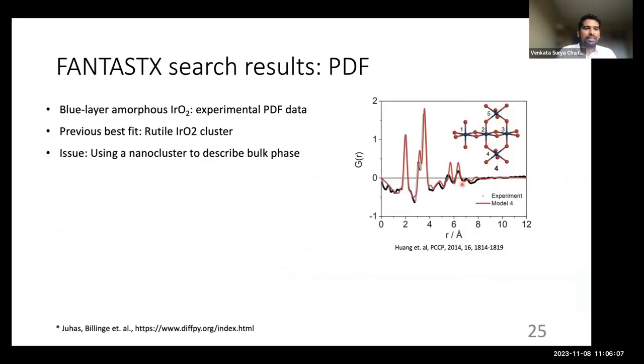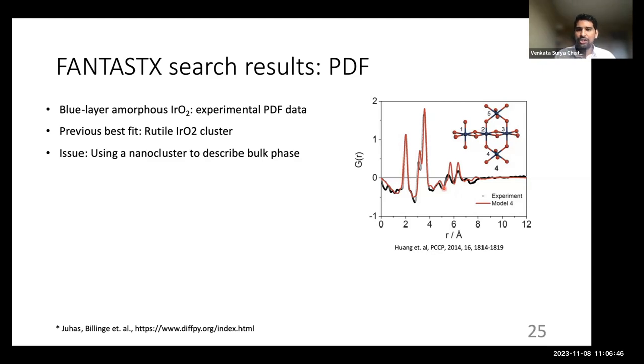And in another example, here we have a blue layer iridium oxide, which is polymorphic. So it shows a very high catalytic activity. And this is the experimental PDF data for the blue layer iridium oxide. And in this particular work, the best guess structure they have here is a cluster taken from the rutile iridium oxide. And you can see the fit, it gives a good fit, but does not give an exact fit corresponding to the experimental